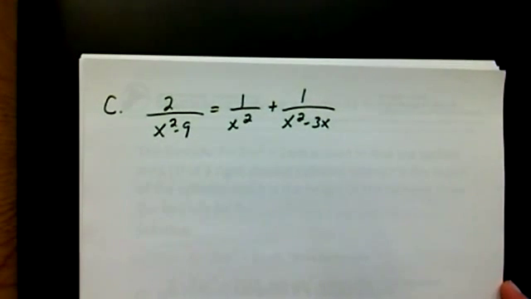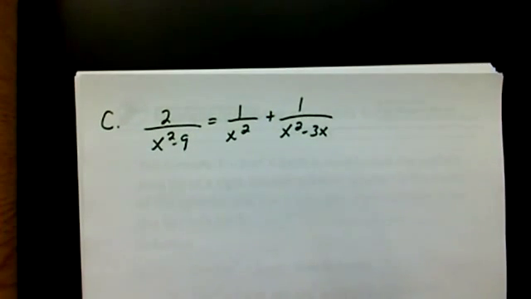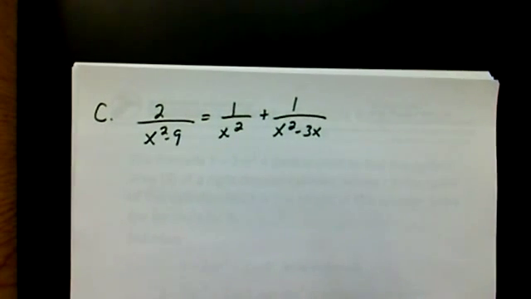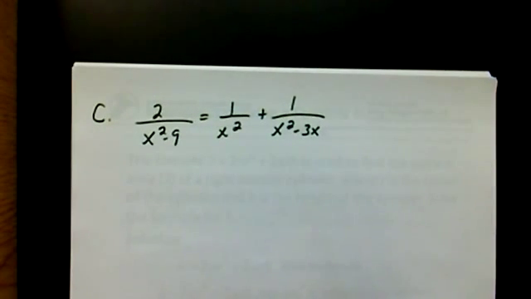See what happens on this one. Each denominator has to be factored, so